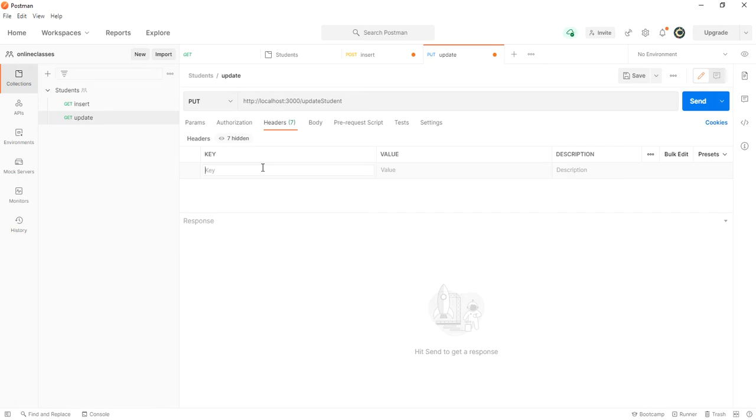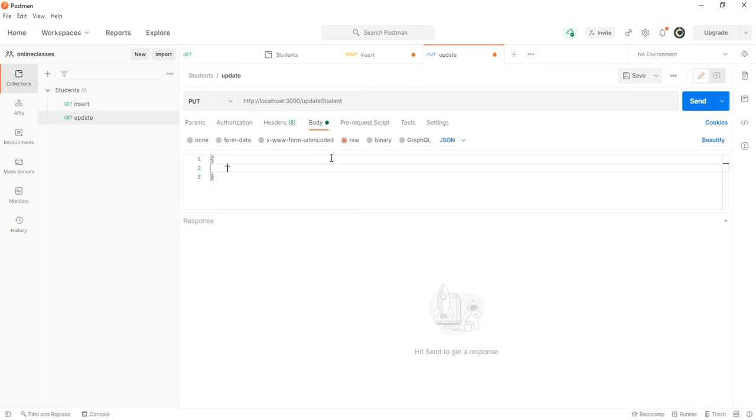The same way, headers I need to configure: content type equal to application/JSON. Body, we need to send the updated values. Click on raw because I want to provide the JSON data directly. ID colon 3, I want to update the third record.